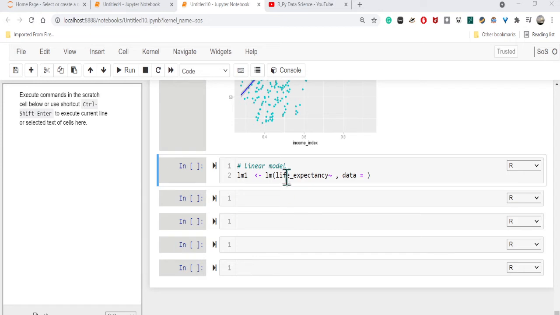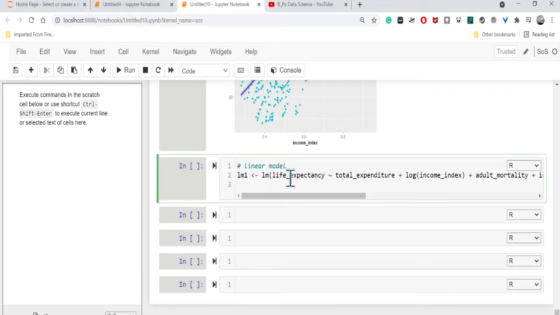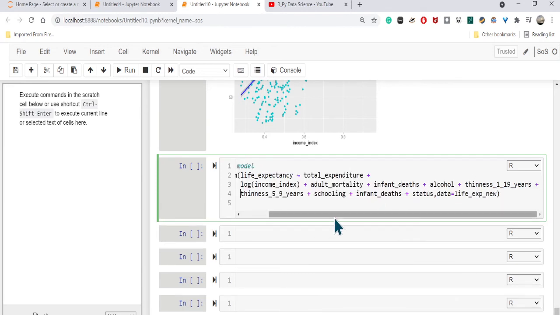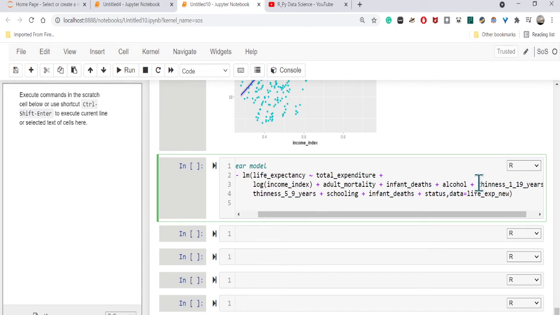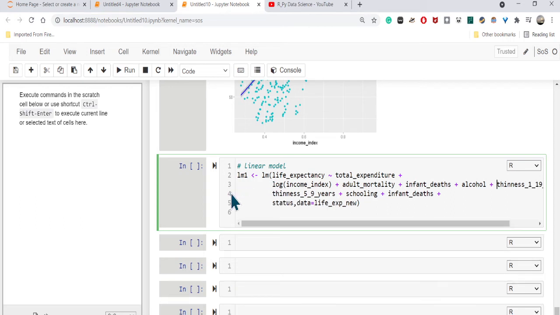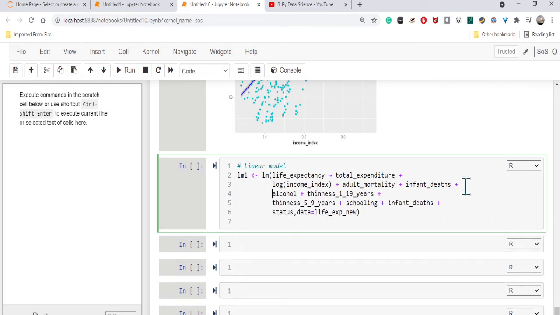Maybe I can just use this, because I already used it on my blog page. You can find all of this on my blog, which I will reference later on. And if you see these variables, let me create more lines so that it will be more readable. Let me put this down here. So now I just added a bunch of variables: life expectancy as a function of the total expenditure, and then I put this in log scale,